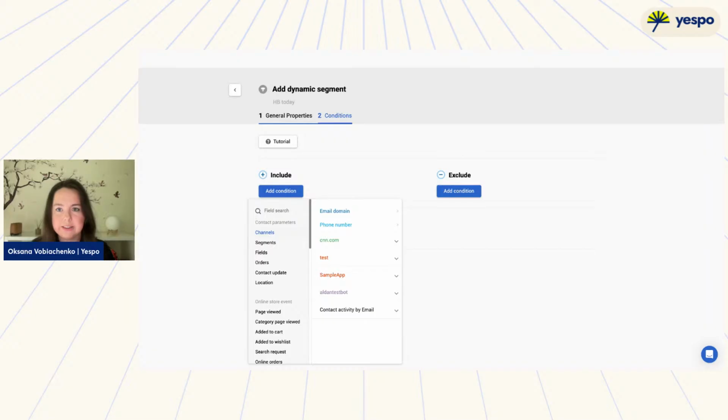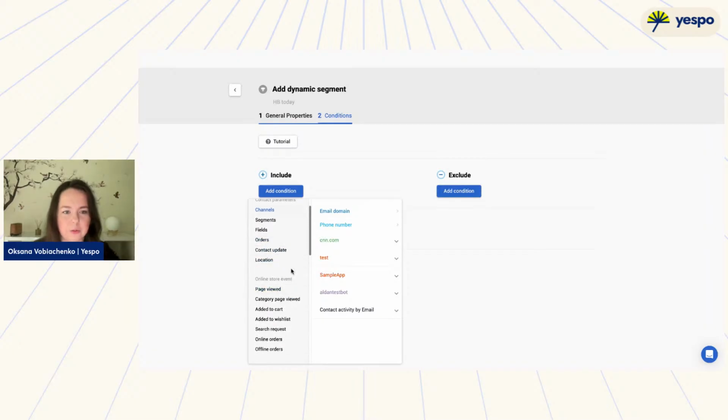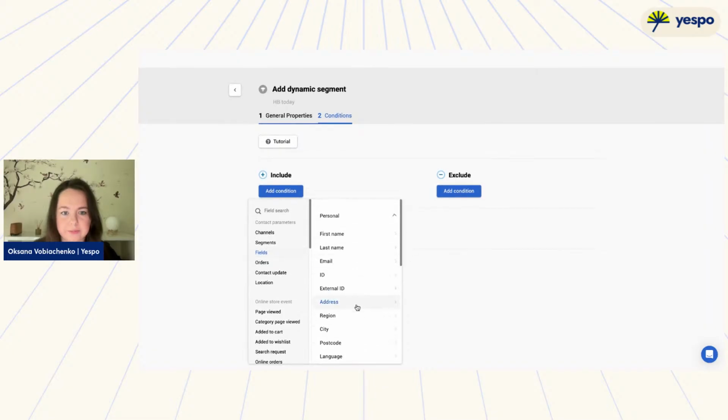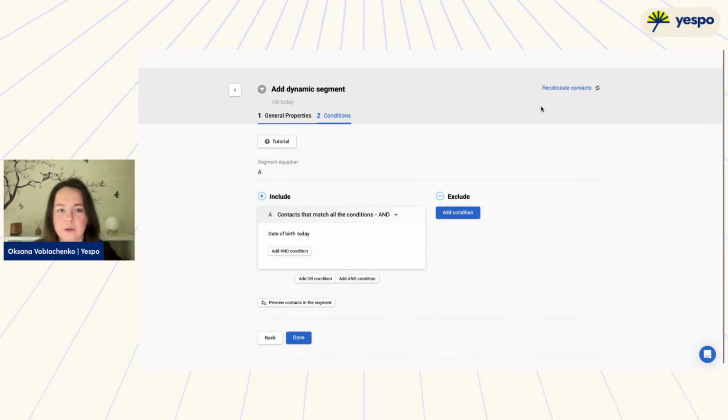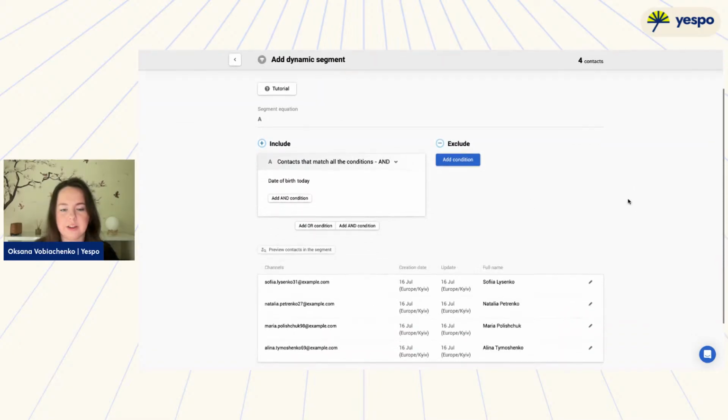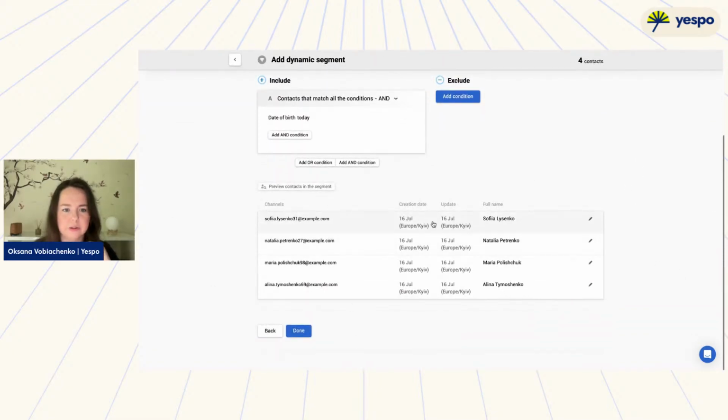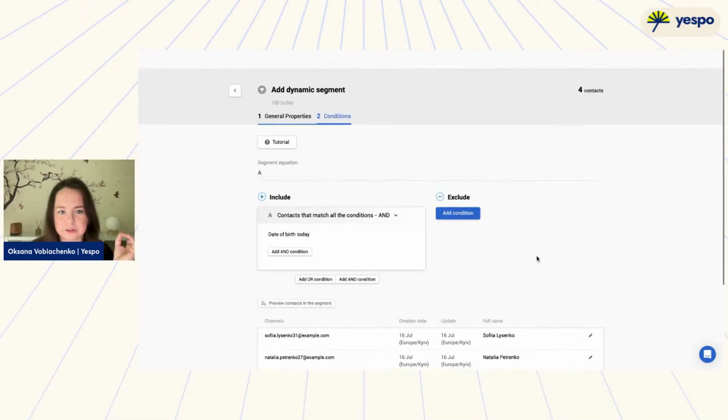I previously uploaded a list with different types of birthday dates, so it's like a demo account with demo data. And we need to find personal fields like date of birth, and we can choose a predefined value like today. And also we can see how many contacts are filtered by this condition, and check the information about our customers. So it's like example data, and we see that today we have 4 contacts